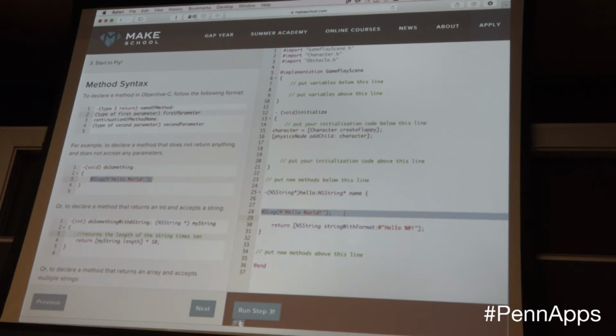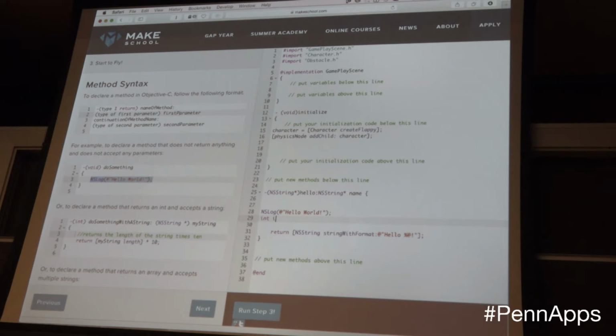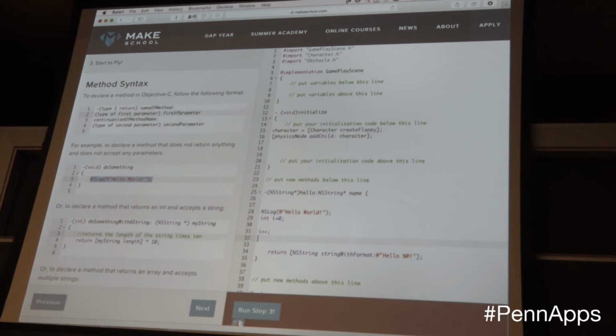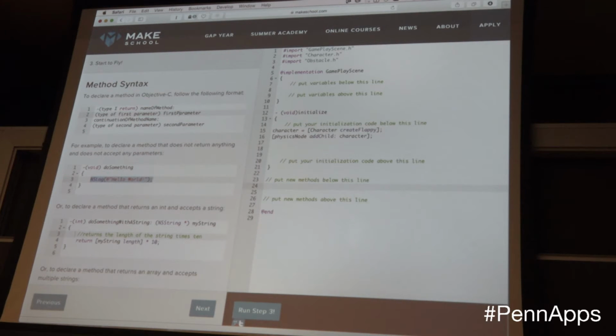That's because part of Objective-C is that it's a superset of C, so at any time you want to, you could just do C-like things. So you could actually just, in here, say like int i equals 0, i plus plus, and just do whatever kind of C things that you want to do, and it just works. Okay, so that's a little bit more of the getting used to the Objective-C syntax.